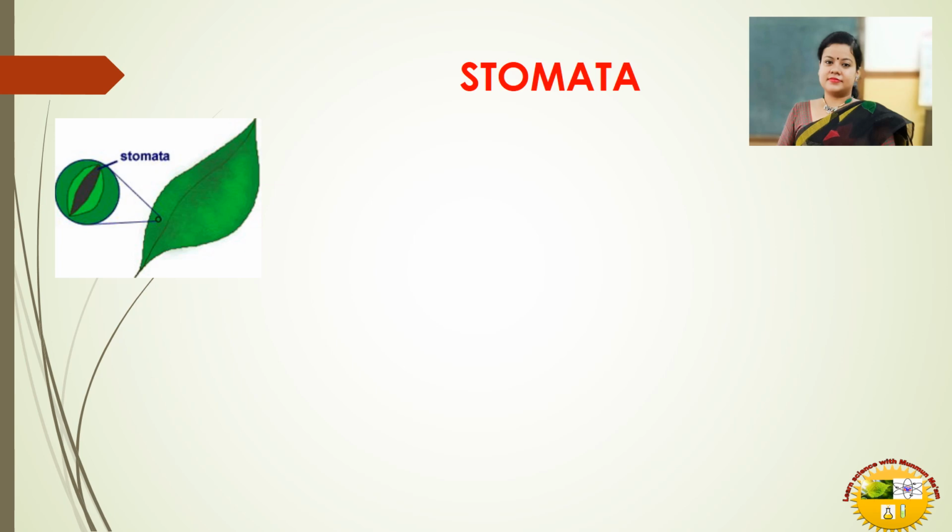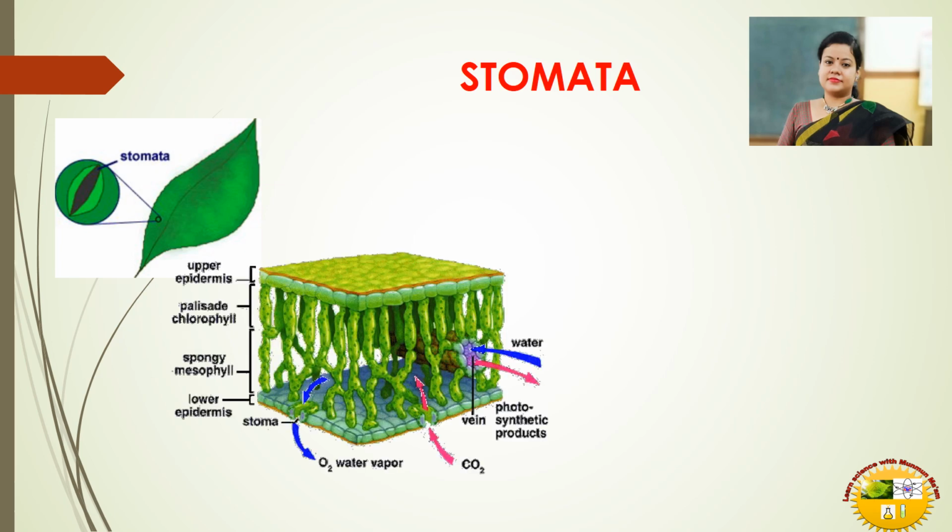Stomata. Take a look. Stomata are present in the leaves. This is a section of the leaf. You can see that in the lower part, right? On the lower side, the stomata are present, and you can see the function of the stomata as well. Just take a look at the oxygen that is entering through the stomata, right?